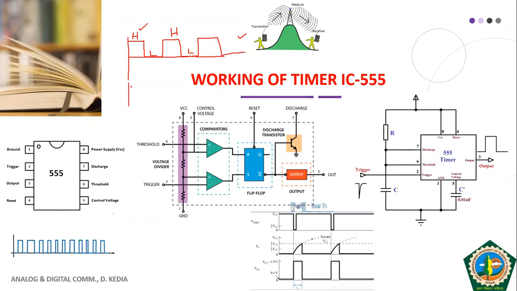And in case of your monostable multivibrator, what happens? It has one stable state and another unstable state. Let me represent it here. Say my low state is the stable state. So my circuit will remain in the low state continuously. Then as soon as a trigger pulse comes, my circuit will switch to the unstable state, which is the high state, from the low state to the high state. It will remain in this state for some time.